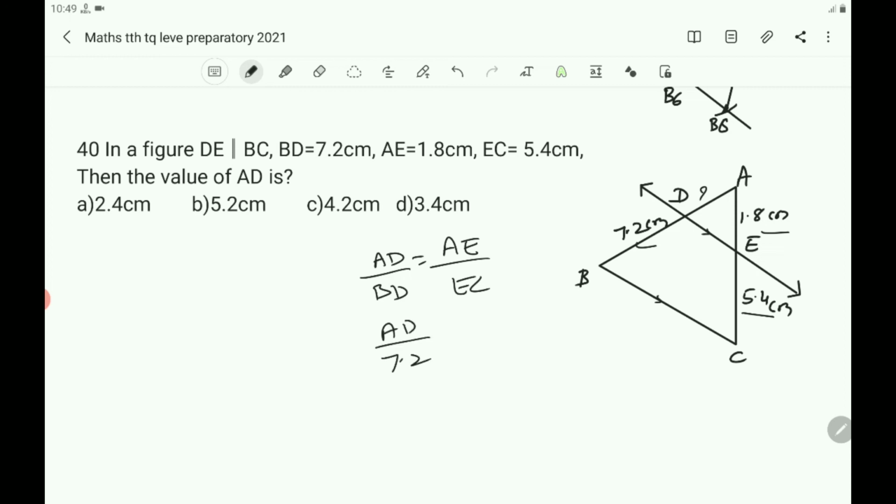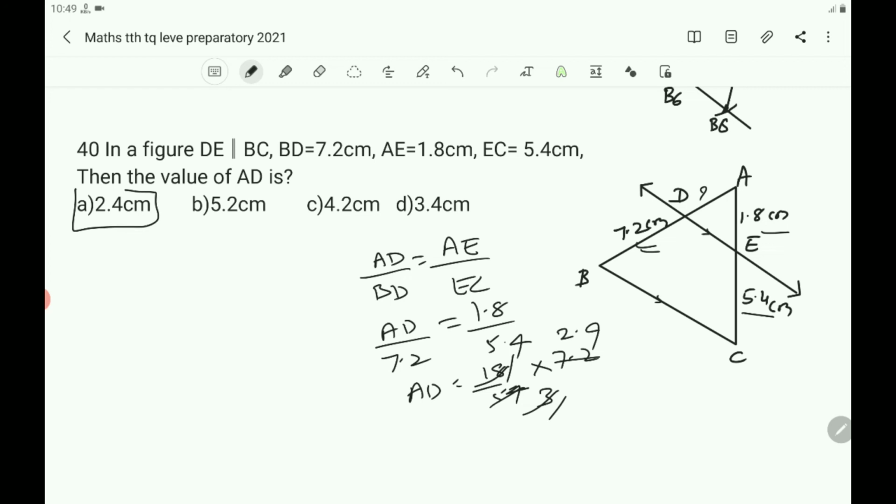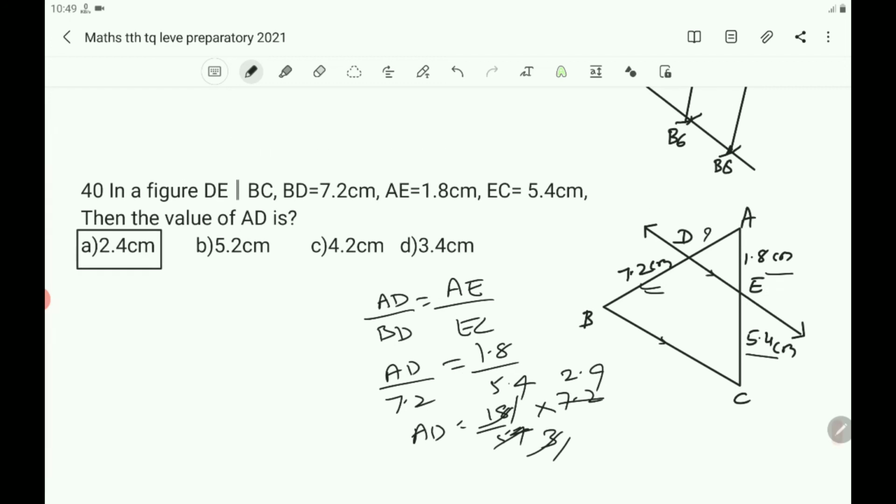BD is 7.2 and AE is 1.8 and EC is 5.4. Then AD equals 18 by 54, you can remove the decimal point here, into 7.2. You know that 18 ones are 18, threes are, 3 ones are 3, 3 twos are 6, 1 is remaining, 12, 3 fours are 12. So then what is the answer? 2.4. Option A is the answer. You got here 2.4. This completes the